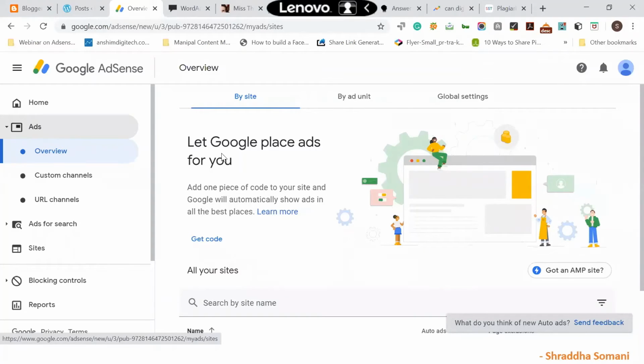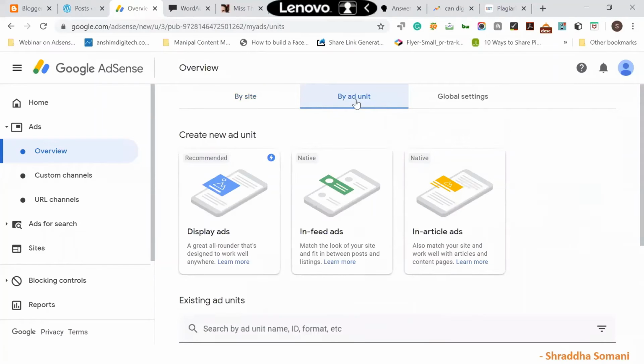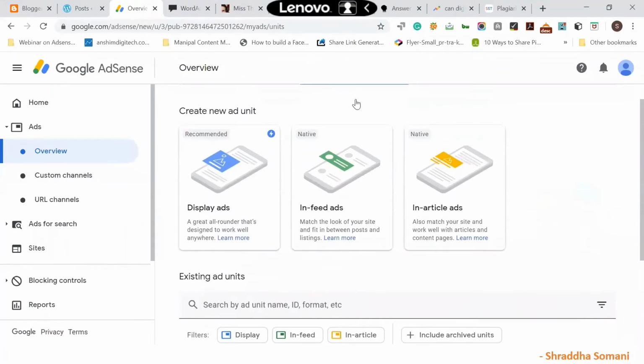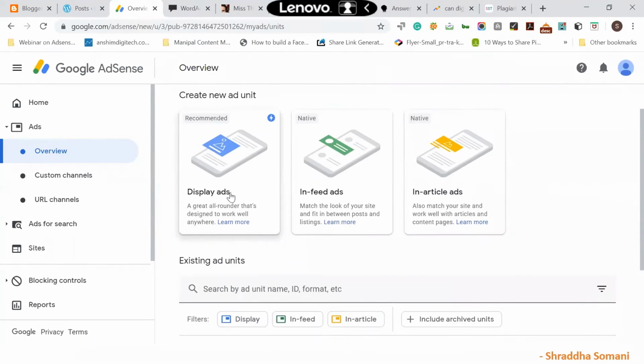So you will go to ad unit. Once you go to the ad unit, it will give you options: in between the articles, in between the feeds, or image ads. So you can select this option.